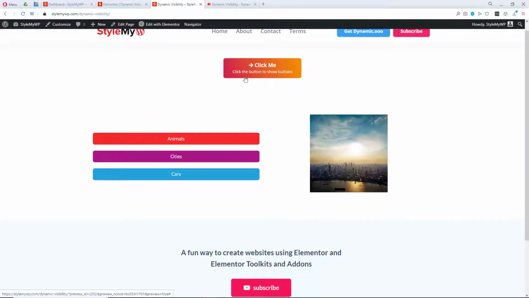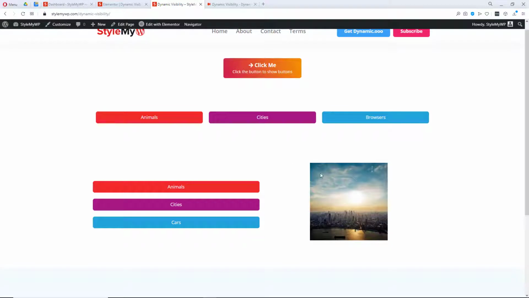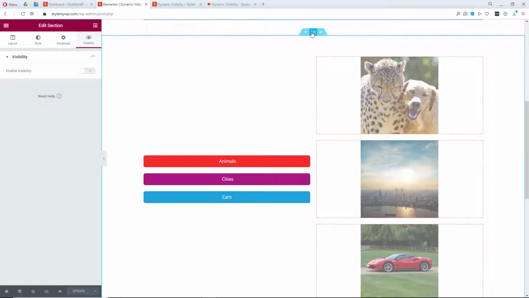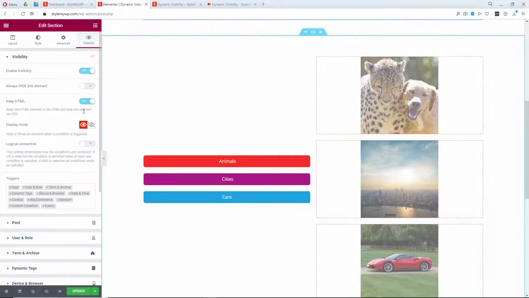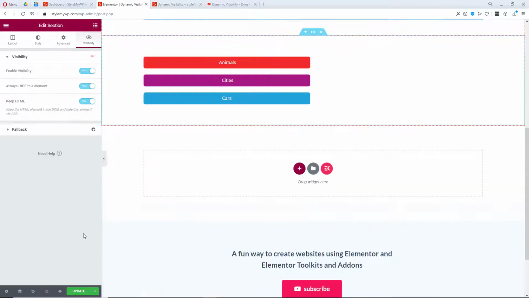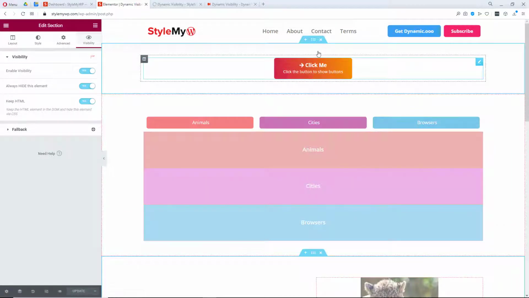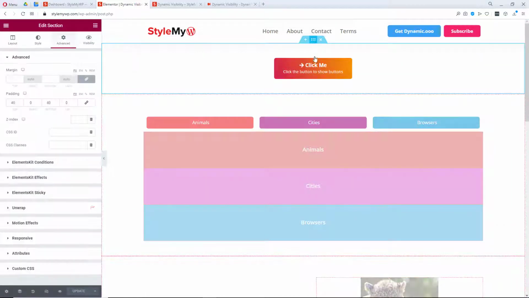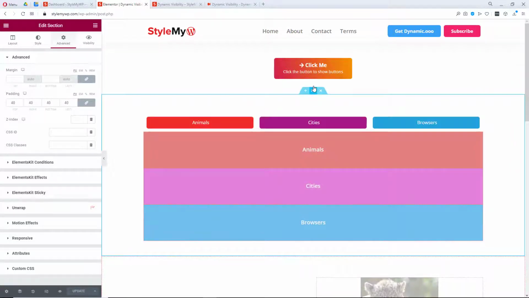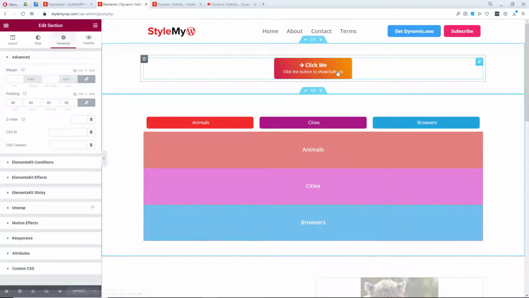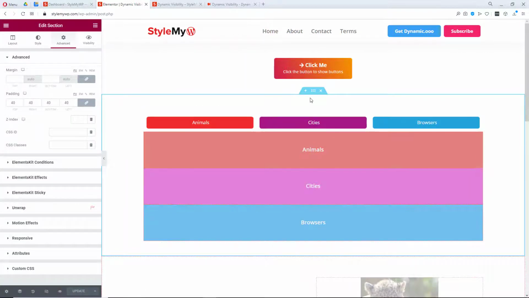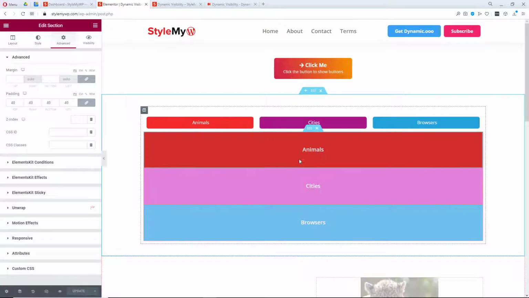First of all, let me show you this animation, so you automatically get to know how to use this kind of animation as well. So for now, let me just hide this section. Okay, here I have the animation. So I have two sections, this one and this one. This section contains the main button, which will open up this section where my main animations are.